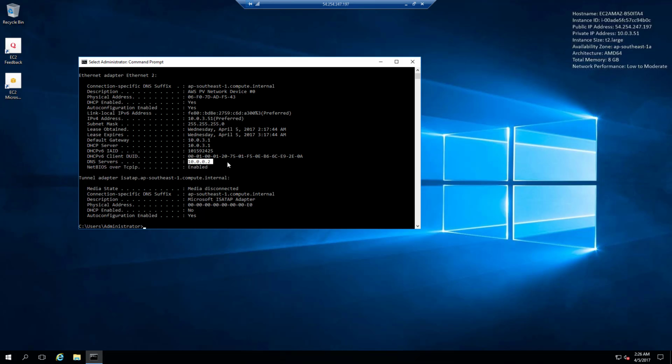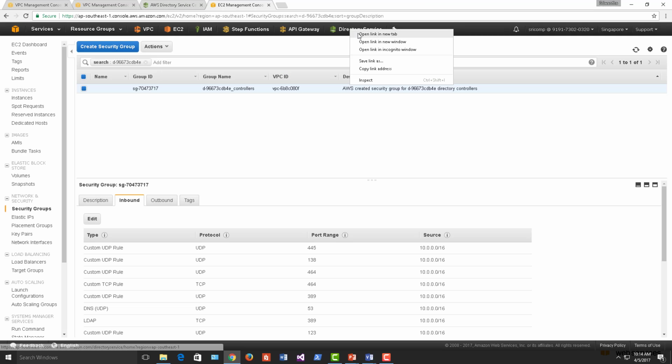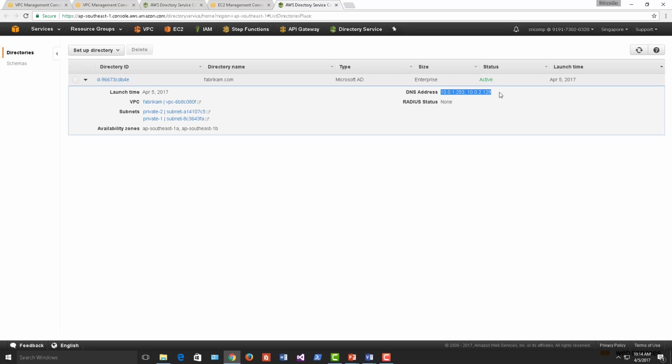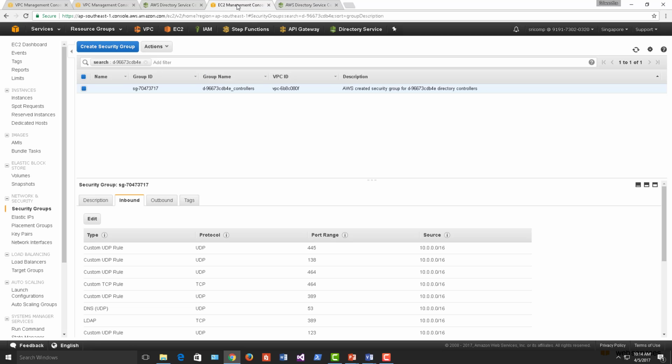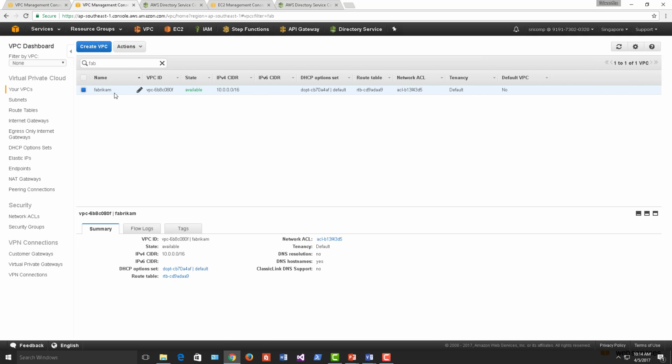What we need to do is, instead of using this DNS server, use the DNS server provided by the Active Directory that I created. So this Active Directory has its own DNS server. We need to set up our VPC to use the fabricam.com DNS servers instead of the Amazon provided default. So I'm going to take a note of these two DNS addresses, go to my VPC manager, and select the Fabricam VPC. As of now, it uses this default